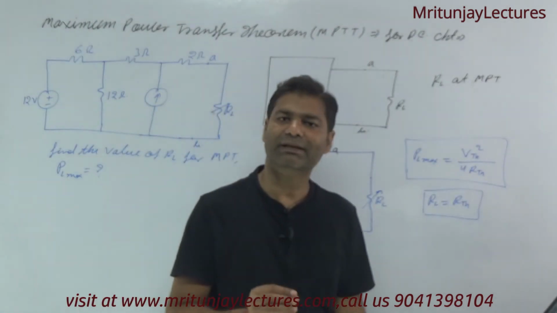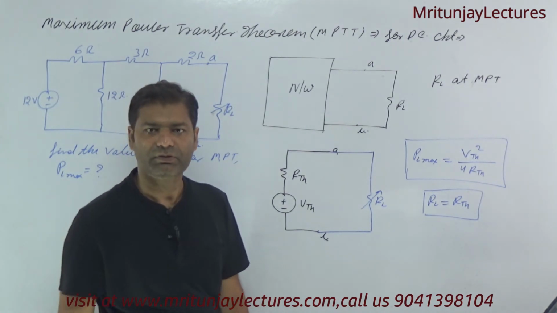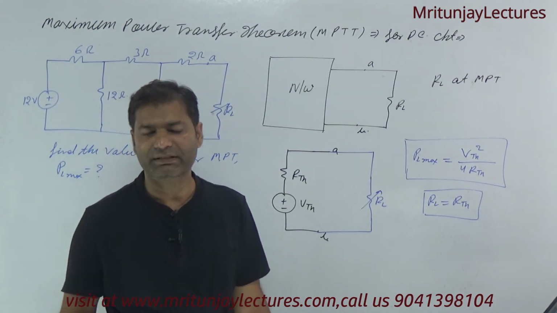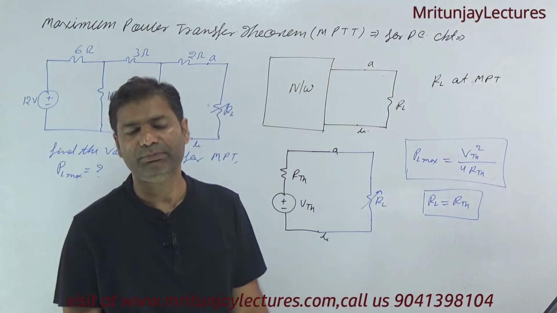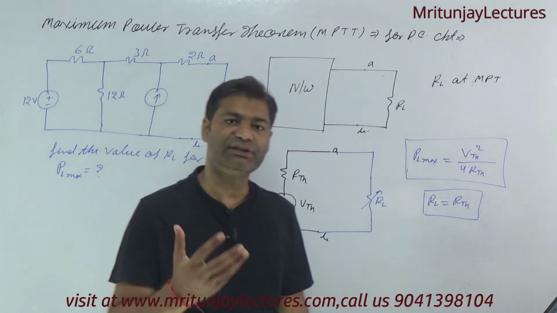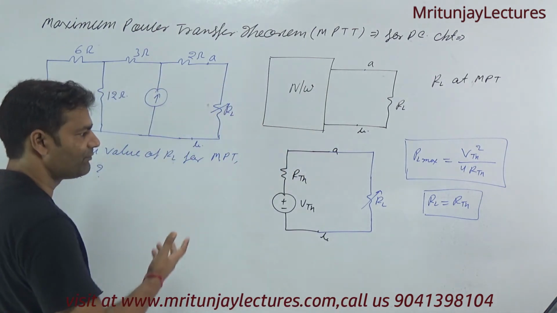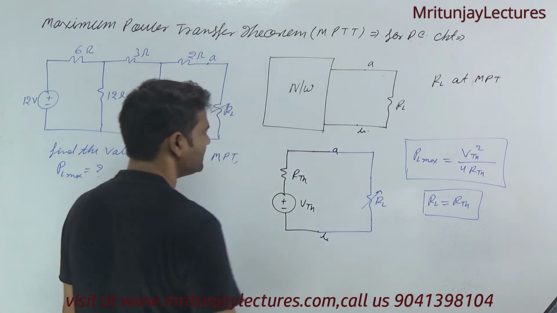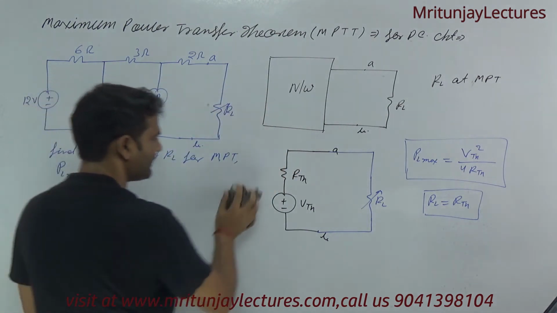Basically our motto is to determine RTH. If you determine RTH, then RL is equal to RTH. And the next target is Pmax, PL max. PL max means VTH square divided by 4 RL, or 4 RTH. So we have to focus on VTH and RTH. Clear? What is the meaning of this one? That is compare.